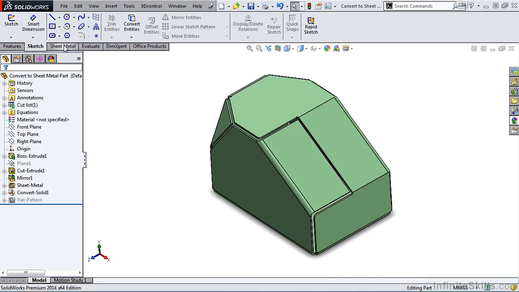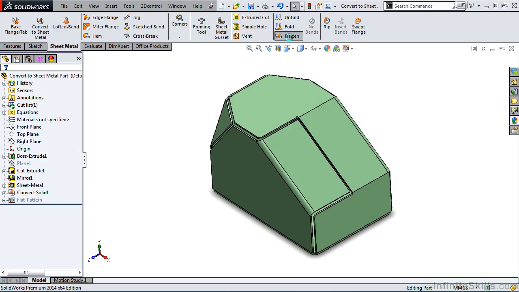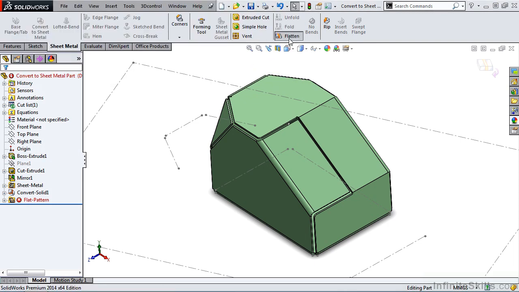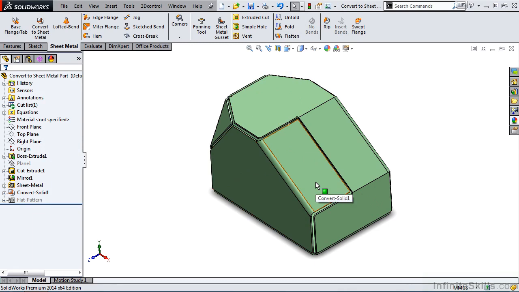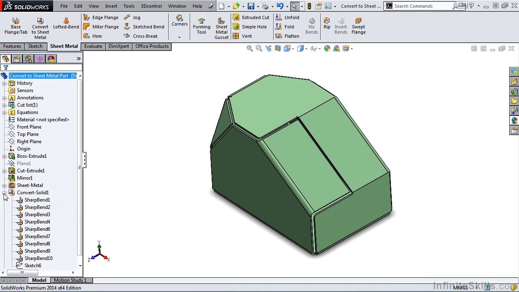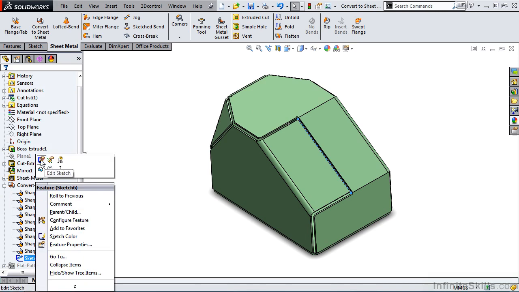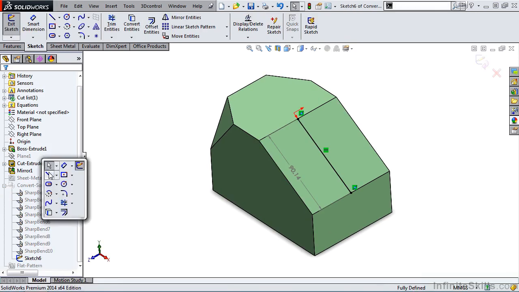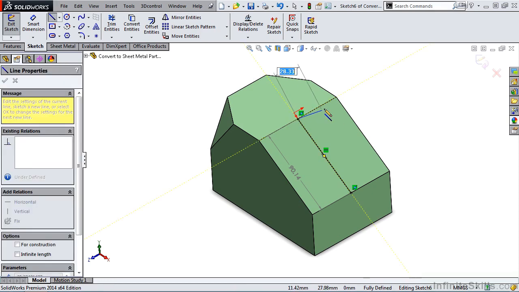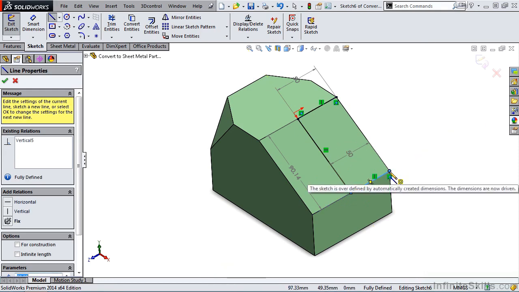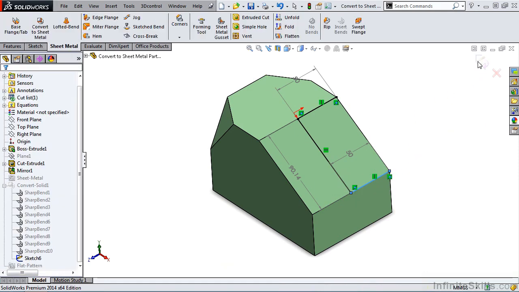If we try to flatten this, we will receive an error message, just like this. I'm going to close out of it, unflatten the part. How would we go about fixing this? It's actually pretty simple. We simply expand the Convert to Sheet Metal feature in the Feature Manager tree, and we edit the sketch we just created earlier. I'm going to add 2 new sketch lines from this point to this point, and from this point to this point. I'll close out of the sketch,